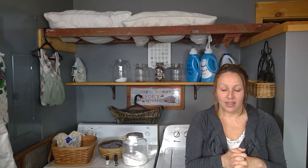And upon calling the company, they would say, well, don't fill it so full or don't do this. Well, to me, it is a huge waste to only put 3 pairs of pants in the washing machine. You know, it's meant to wash. That's more electricity and water to use for that. To me, that's just super wasteful. Anyway,